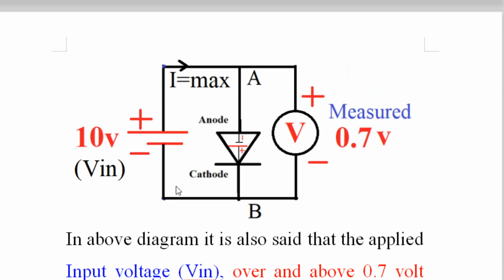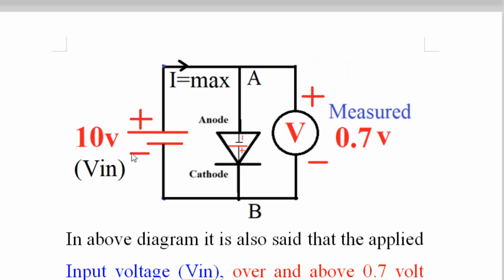Now let us come to this diagram, and from this diagram you will understand, because in this diagram barrier potential is shown. Normally we never show the barrier potential, minus here and plus here. Now here see 10 volt is applied. Applied voltage is what volt? 10 volt. When you apply the 10 volt to a diode such that positive of the battery is to the anode of the diode, here it is a cathode of the diode, negative of the battery is connected to the cathode of the diode, and now the diode is forward biased.